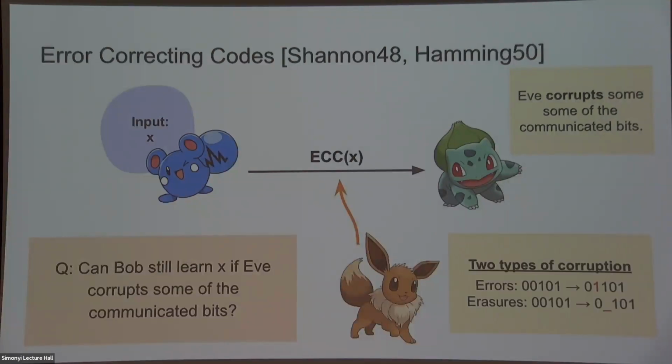There are two types of corruptions we're going to be looking at in today's talk. The first is errors, which is when you can take a bit and flip it, so you change it to a different symbol. And the second is erasures. You take a symbol and you erase it, leaving behind a placeholder where the symbol was. So you know the position of the symbol being erased, but not what originally